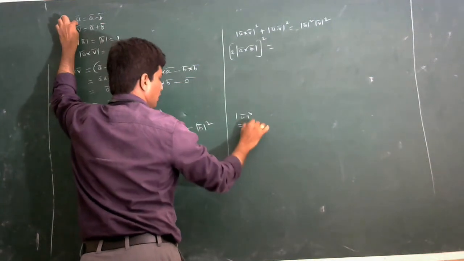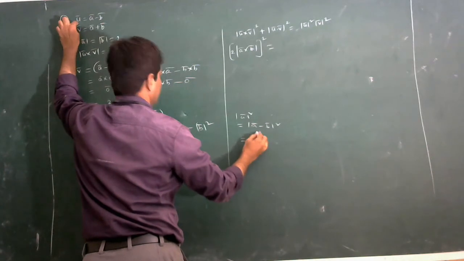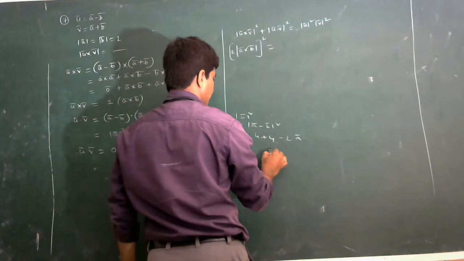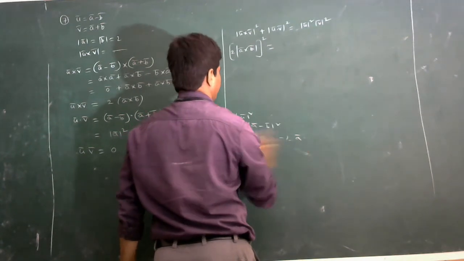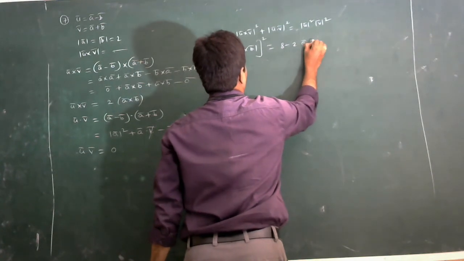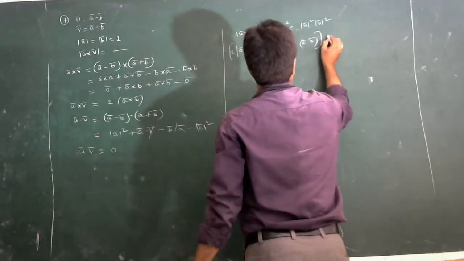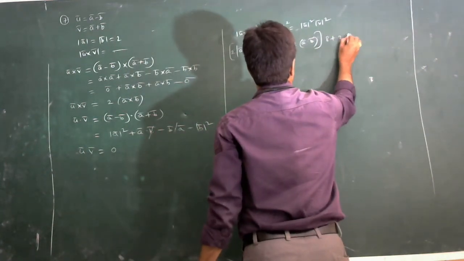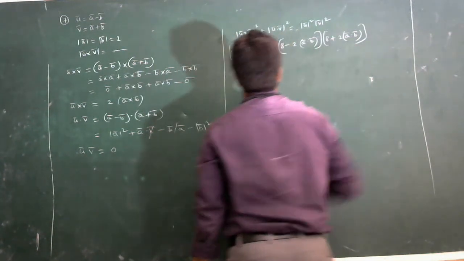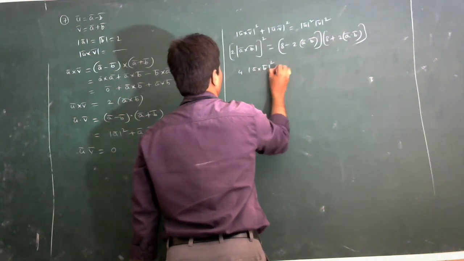What is mod u square? Mod of (a bar minus b bar) whole square. You will get how much? Mod a square, this is 4, directly I am writing. Again 4. This is minus 2 into a dot b. That means you will get 8 minus 2 into a bar dot b bar. Similarly for this one, you will get 8 plus 2 into a bar dot b bar, because it is the same thing, a bar plus b bar whole square. Now how much will you get here? This is 4 into mod of (a bar plus b bar) whole square is equal to,